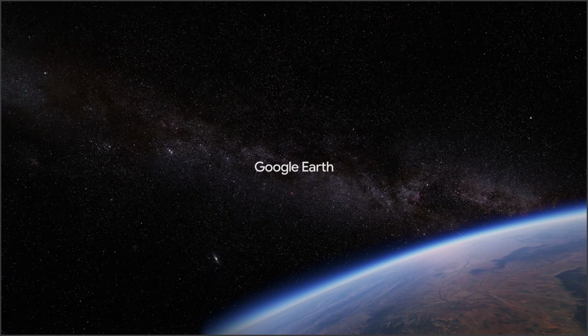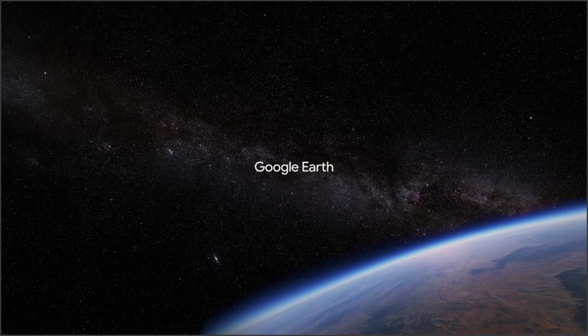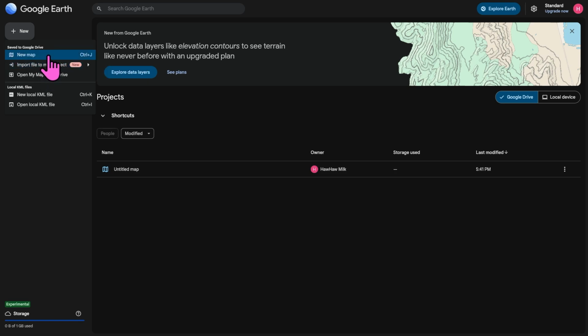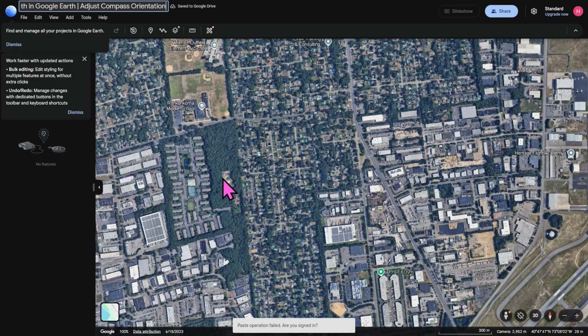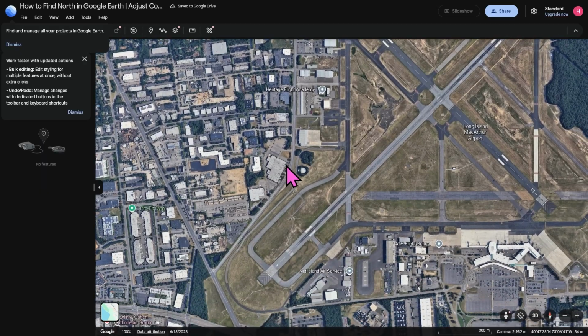Let's begin. Now, the first thing that you need to do, you can either log into your Google account and then go to the new button on the top right corner if you want to create a new map. For example, we are going to search for a specific place,